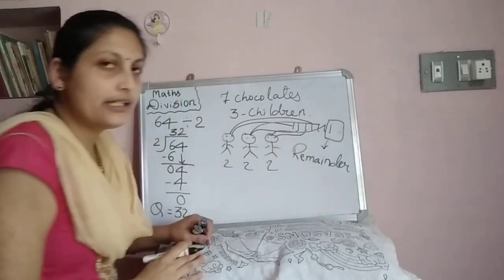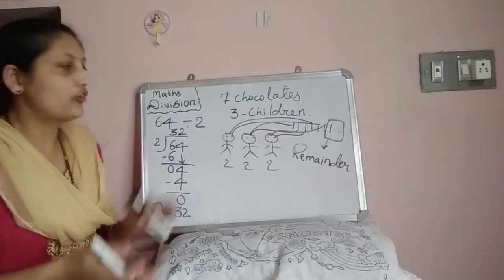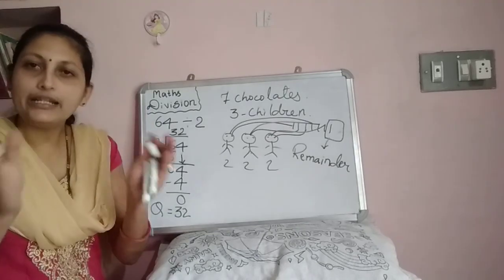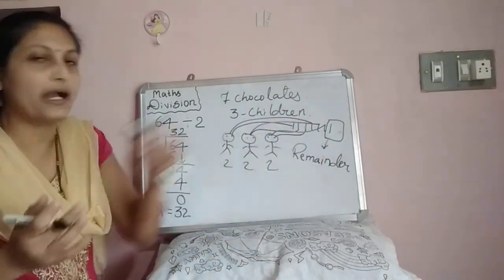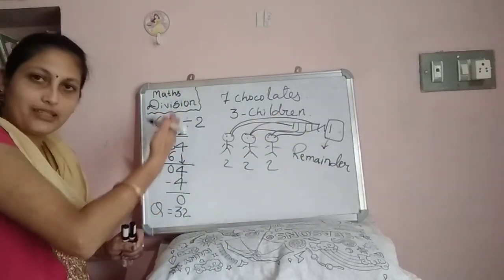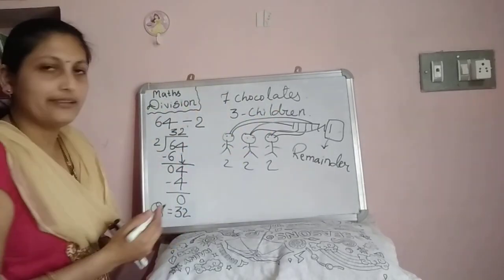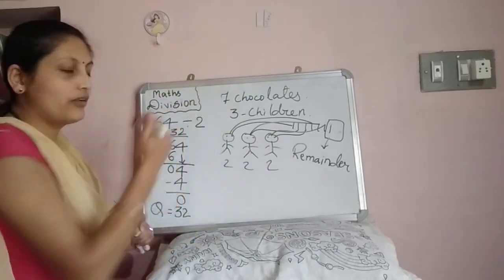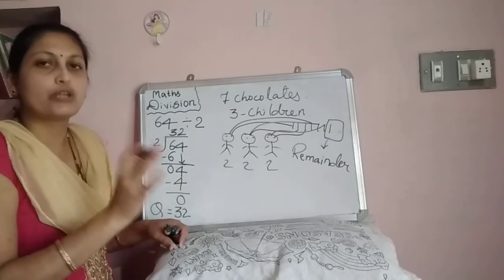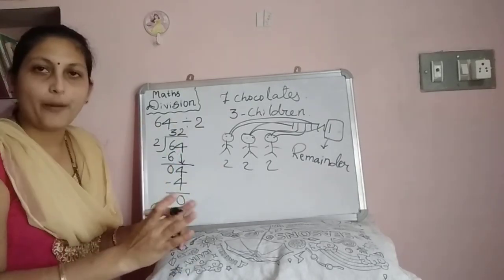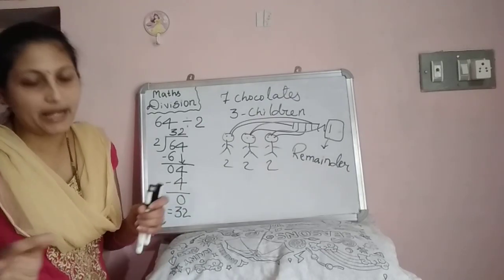So what is remainder? Remainder stands for the number of objects left. So when you divide anything shared equally, so what is left after sharing, that is called as remainder. So here in these cases, it was completely shared, it was completely divided, so 0 left, isn't it? But in this case, we cannot share this 7 equally among 3, so 1 chocolate left, so that is called as remainder. So remainder stands for number of objects left. Clear? So now let us see division with remainder.